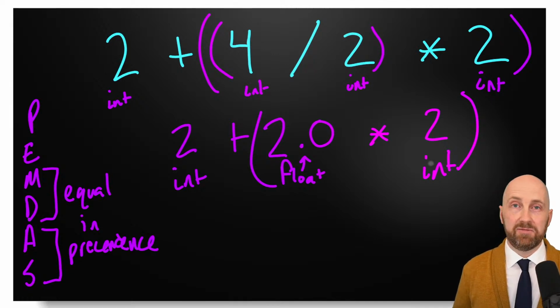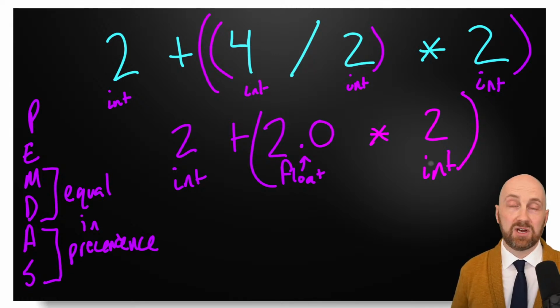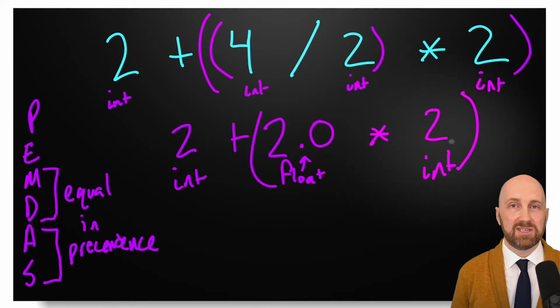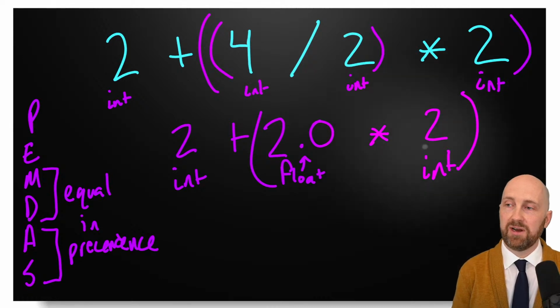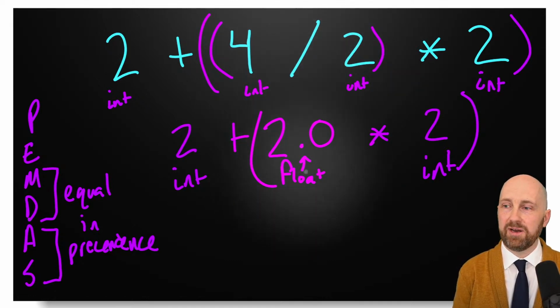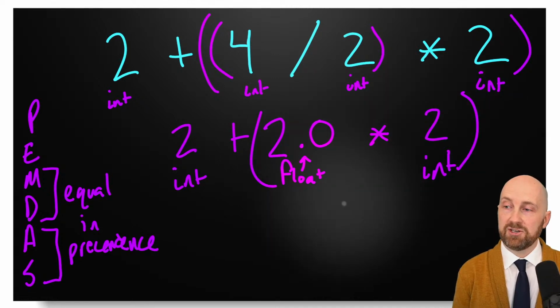By default, and this is common to many other languages as well, this integer is going to be converted automatically for you to a floating point because it is likely that you want some more precision than an integer would give, right? If this were an expression that didn't evaluate to an even 2, if this were 4 divided by 3 or something, you wouldn't want an integer by default. And so this would actually result in 4.0, which would be a float,